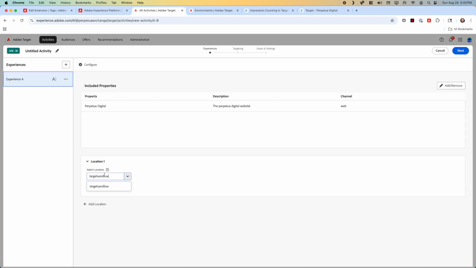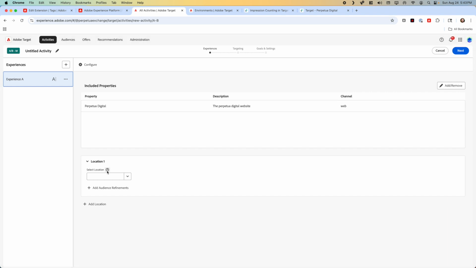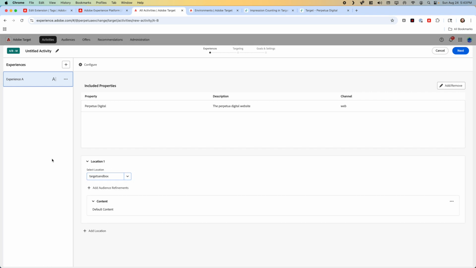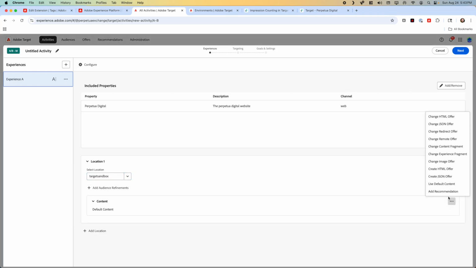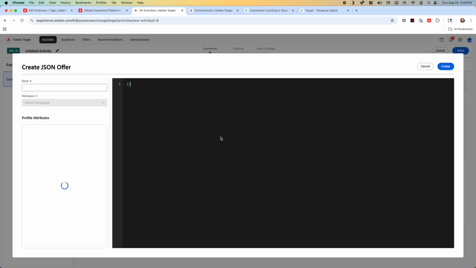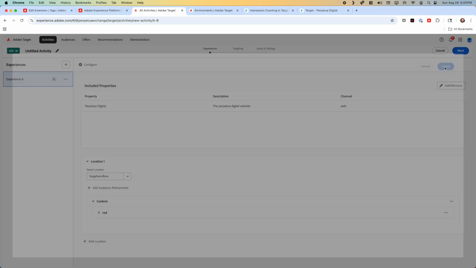And let's just say Target Sandbox. And behind the scenes, I'm just going to send something called color here, and that's going to be red, and that's just going to change the background color of the site. So I'll make that,